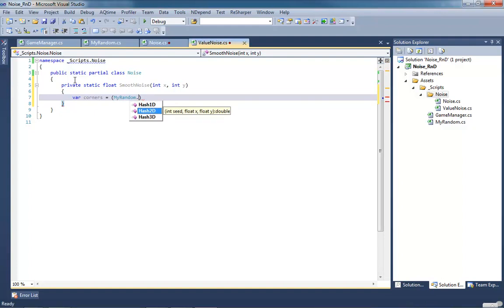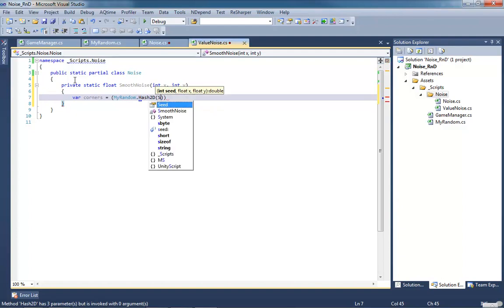All right, so what we're going to do is we're going to be pulling from our hash2d. So we're going to call or leverage our myrandom.hash2d. Now, it requires a seed. We've already made a property called seed, so we're going to use that. We're going to basically be sampling in a square pattern around our x and y. So assuming that x and y is our center spot that we're sampling, we want to sample one number to the left and one number above, so in each of the corners. So we're going to go to the upper left, upper right, lower left, and lower right and sample each one